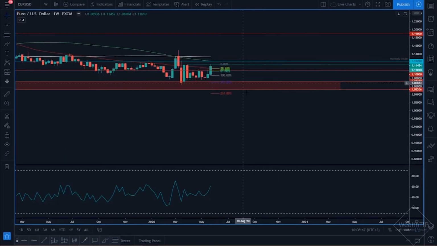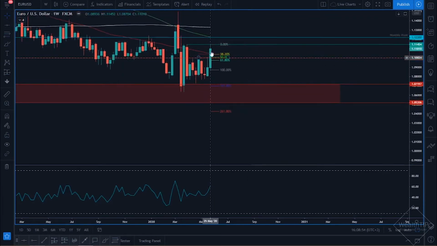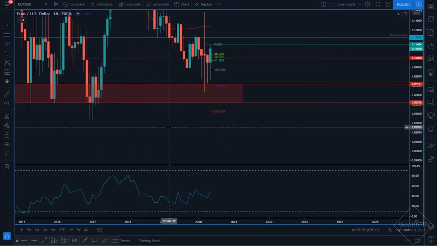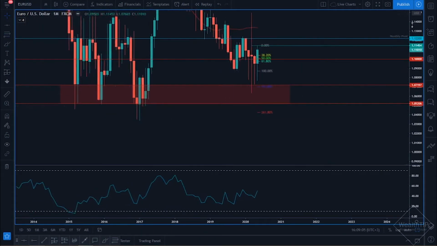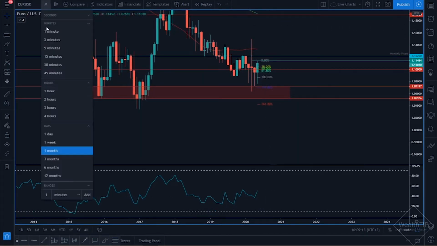Going over into our weekly time frame, what we can see is last week closed a very nice bullish engulfing candle. And with this bullish engulfing candle, I wouldn't be surprised to see this as a catalyst to kind of pushing the value further and further up. Now, I didn't show you guys, but we do have divergence on the monthly time frame, which is also a very strong signal for the market to actually move further to the upside.